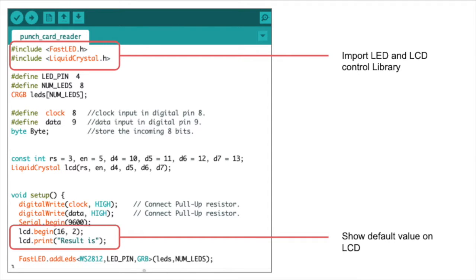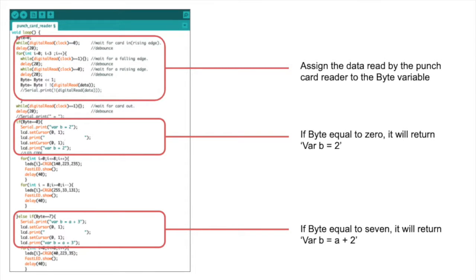Then I will introduce how I achieved these functions. This is the source code of my Arduino. The first 2 lines at the top are used for importing the LED and LCD control libraries. And in the setup part, I set up the default value on the LCD. In the loop function, the first part is used for assigning the data read by the punch card reader to